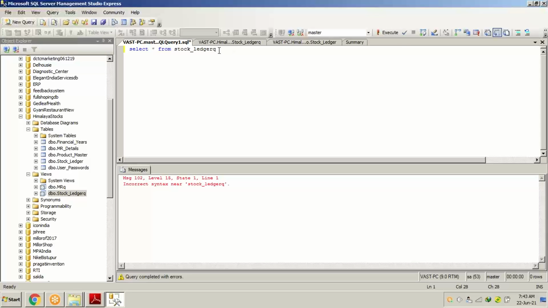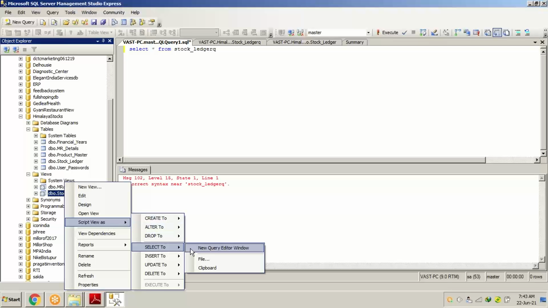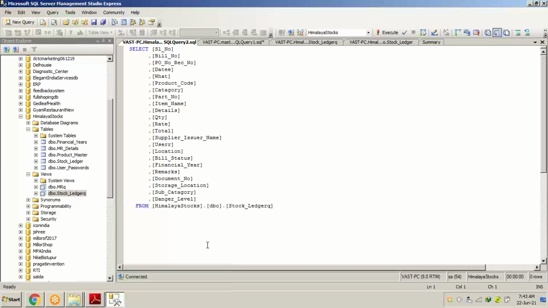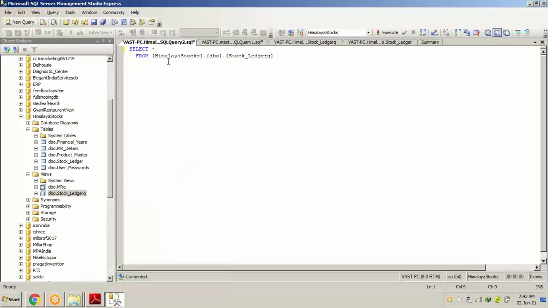There's something wrong in my SQL statement, so I will try something else. Select star from this one.